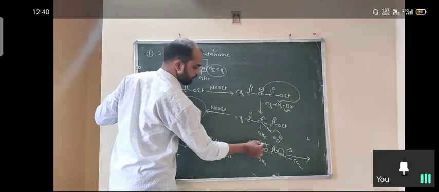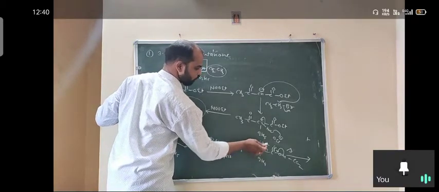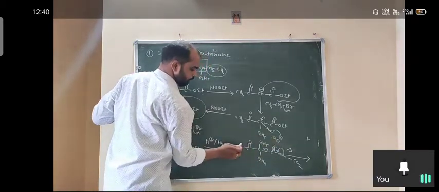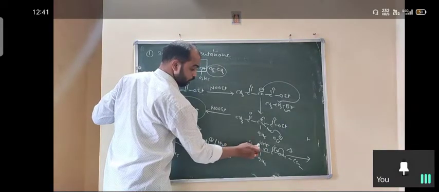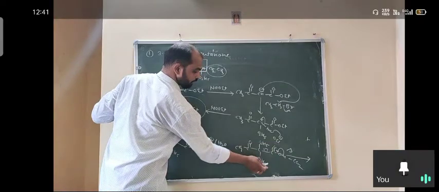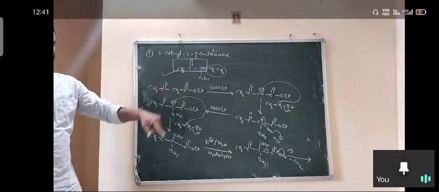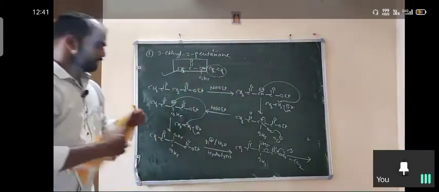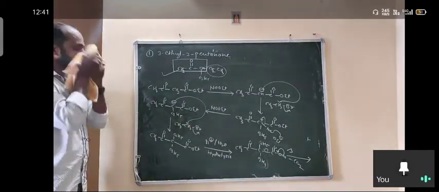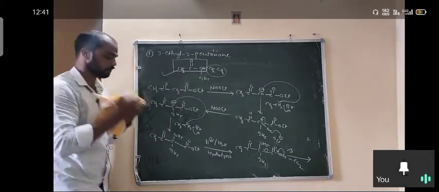So you can write one of the larger groups; both are the same here, so write the ethyl group in a straight chain. So CH3 C=O CH with C2H5, meaning CH2CH3, as the substituent. So you get this product. This way you can write the mechanism of this molecule. So this is the dialkylation.